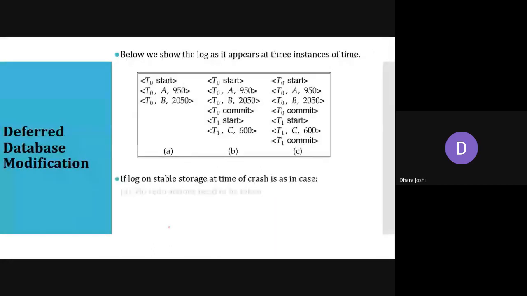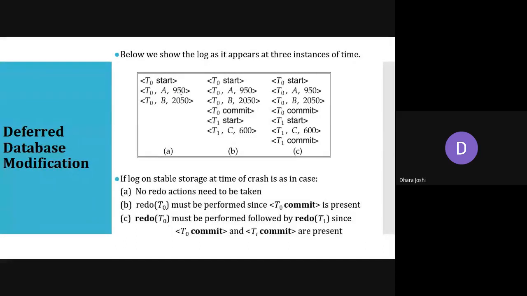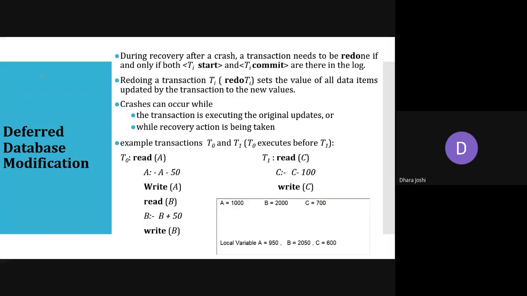Okay. So in the first case, there is no commit operation here. That's why the updated value in the database, as you've seen previously, the values are 1000, 2000 and 700. So here for A, we have 1000. For B, we have 2000.